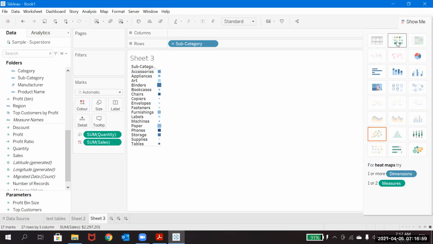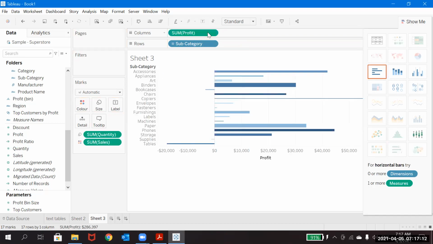And so now we are going for the next thing here. So it says one or two measures, it will not allow, right? So right now the heat map is enabled here. So let me just take one more field and see if the heat map is enabled or not. If you see, the heat map is hidden now. So it means that one or two measures only it was allowing. More than two measures it was not allowing. So with that you cannot create the heat map, it seems.